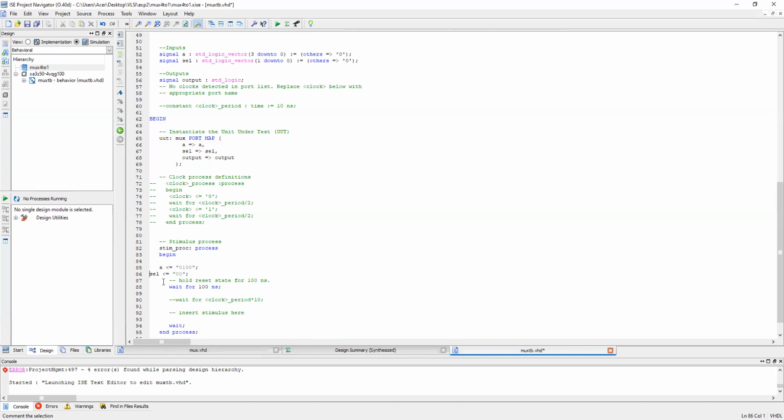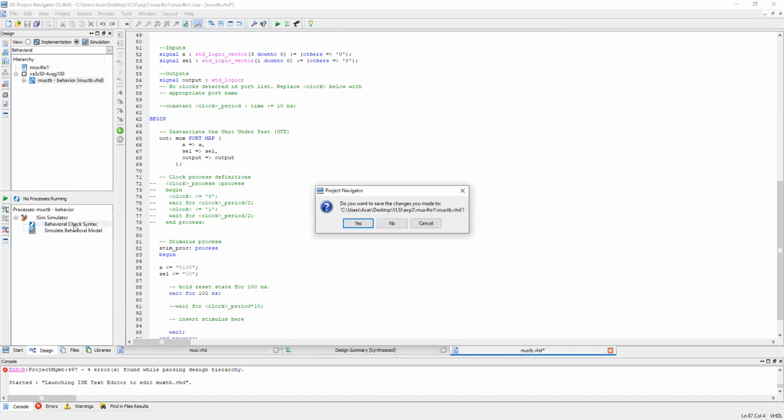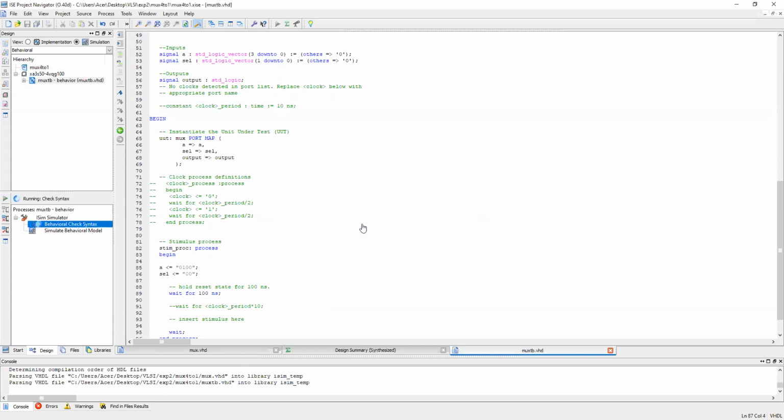First of all, I will choose 00. Now you have to select this. Then go to the simulator, check the syntax. It is okay. Then simulate this, by double clicking simulate behavioral model.